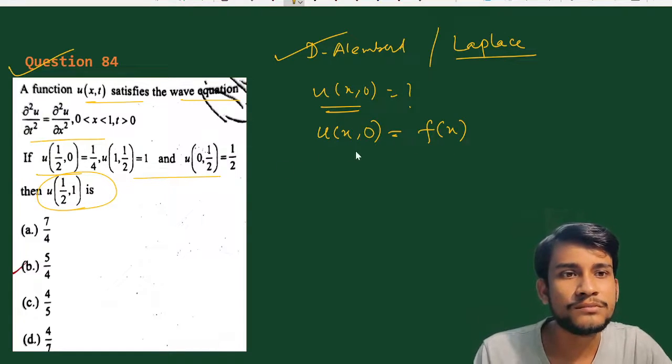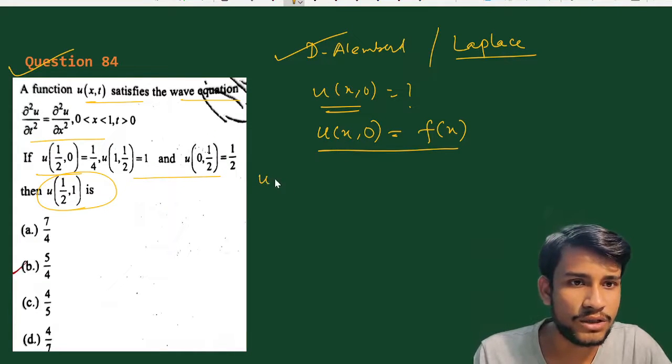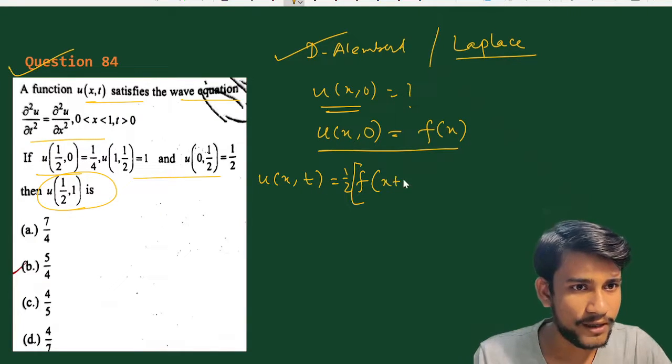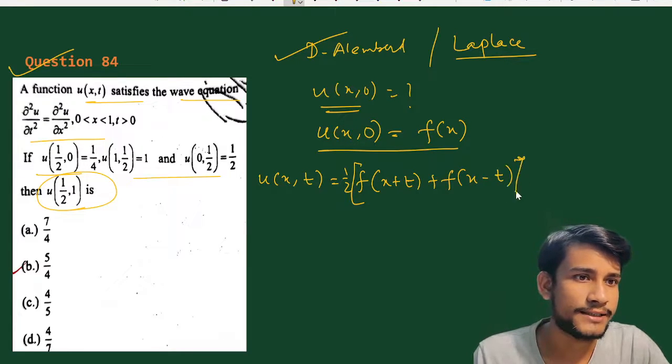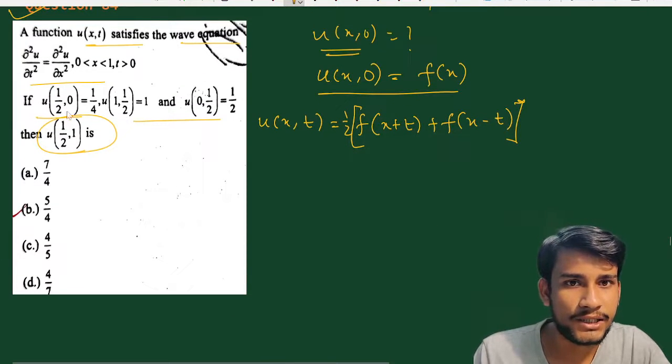एंड डी'लैम्बर्ट सोल्यूशंस में और एक चीज़ है जो कि है देखो यहाँ पर तो u(x,0) गिवन नहीं है, तो हम लोग क्या लेंगे u(x,0) को f(x) कंसिडर करेंगे। यहाँ पर डी'लैम्बर्ट में इसका कोई प्रॉब्लम नहीं होगा, ठीक है। तो देखो u(x,0) इक्वल टू f(x) एंड ये तो है c का वैल्यू तो 1 है, तो इसका जो डी'लैम्बर्ट सॉल्यूशन होगा वो क्या होगा, u(x,t) इक्वल टू half into f(x+t) plus f(x-t), ये होगा इसका डी'लैम्बर्ट सॉल्यूशन, ठीक है।